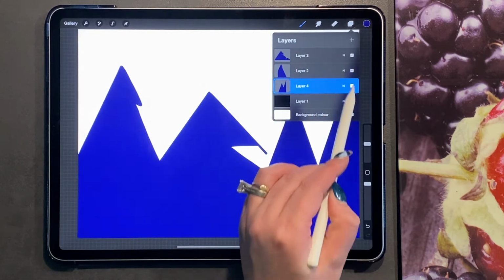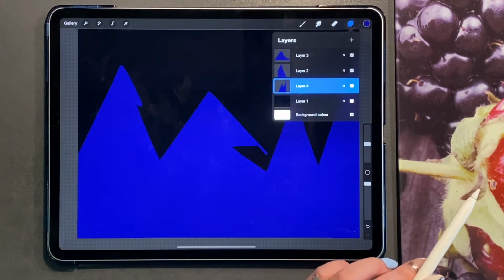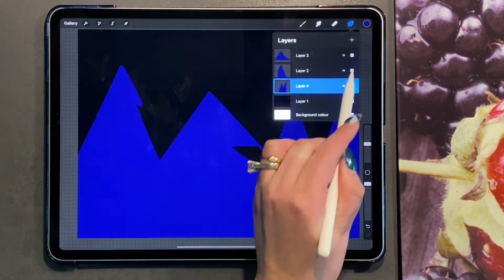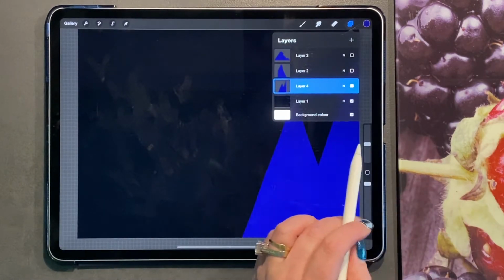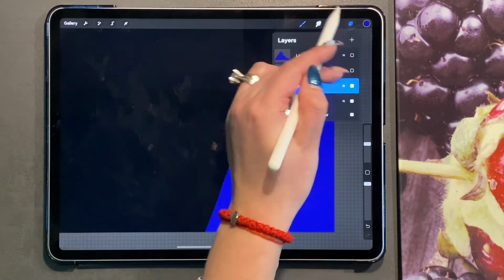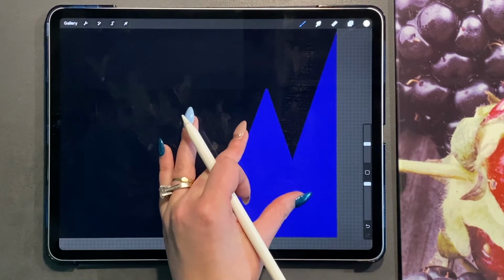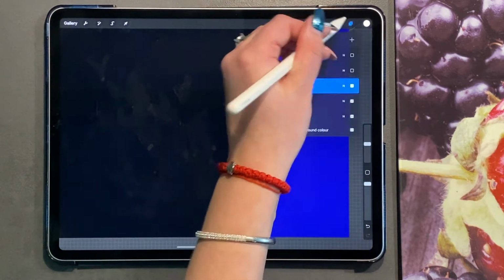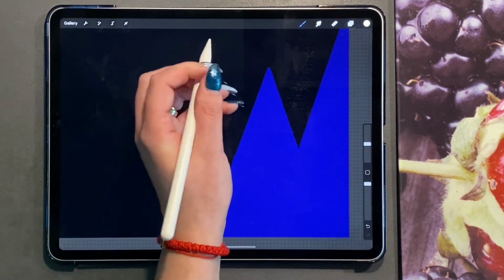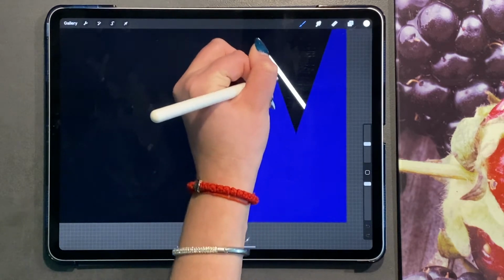So to begin with, we're just going to go ahead and we're going to turn on our black layer, and we're going to take each layer. So I'm just going to turn off these two layers, and then I'm going to add a new layer on top of this, and I'm going to pick my white brush, and this is where the fun begins. This white layer we're going to be bringing underneath, and we're just going to be making these mountains look 3D